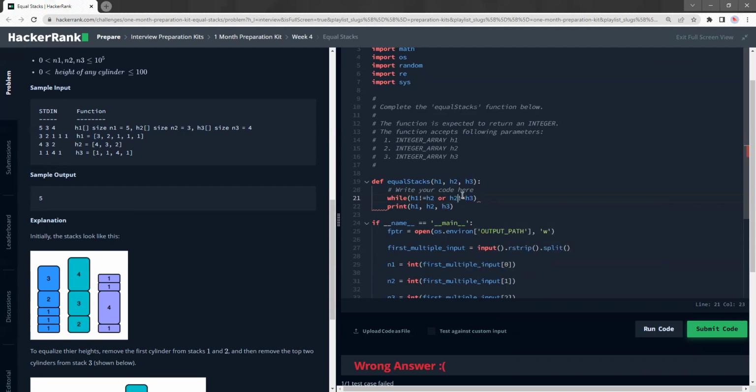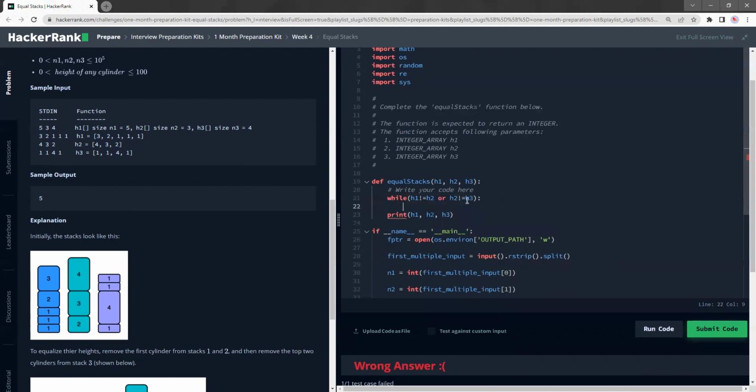The reason why I need to do not equals to is because I'm going to do my operations below. And when H1, H2, and H3 are all equal, this condition will fail because H1 will be equal to H2. Hence, this will be false. And H2 and H3, if they're equal, this will be false. And only then will an OR condition make sure that this while loop condition terminates and gets to the next